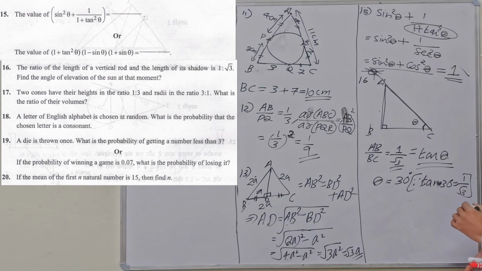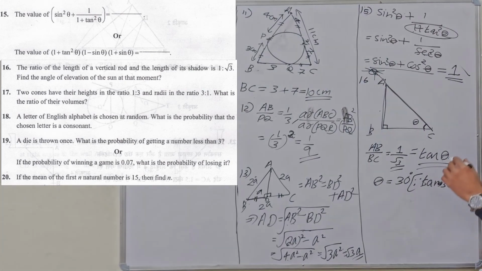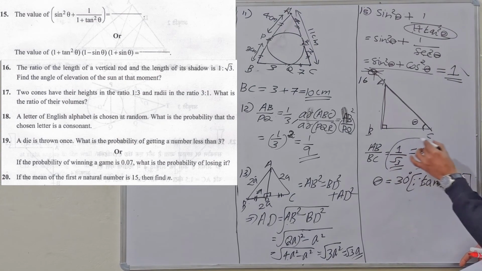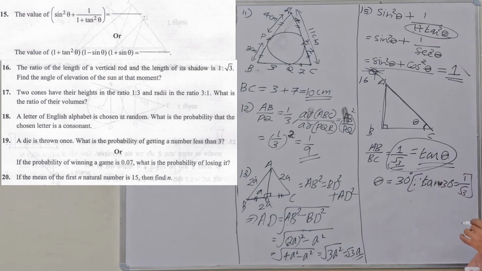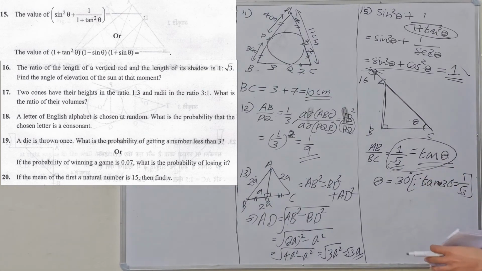So for solving this question, we need to know the value of trigonometric ratios of specific angles. We all know that tan 30 is 1 by root 3. Then if we are given the relation that 1 by root 3 is equal to tan theta, then obviously theta should be 30 degree, because we are studying the values of trigonometric ratios between 0 and 90 only.